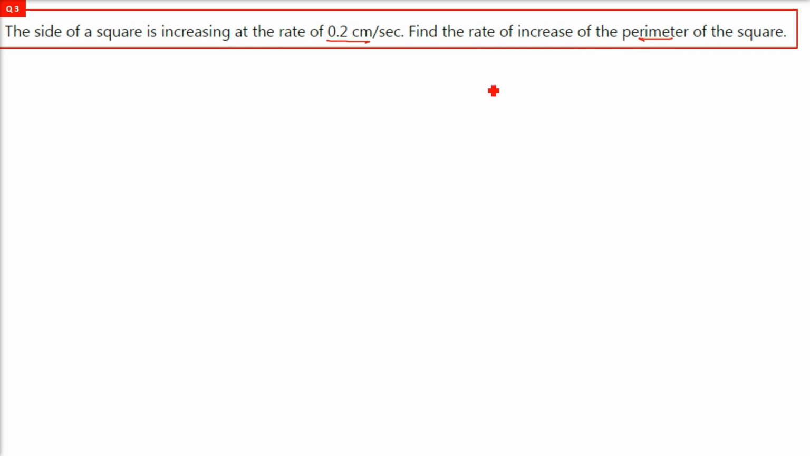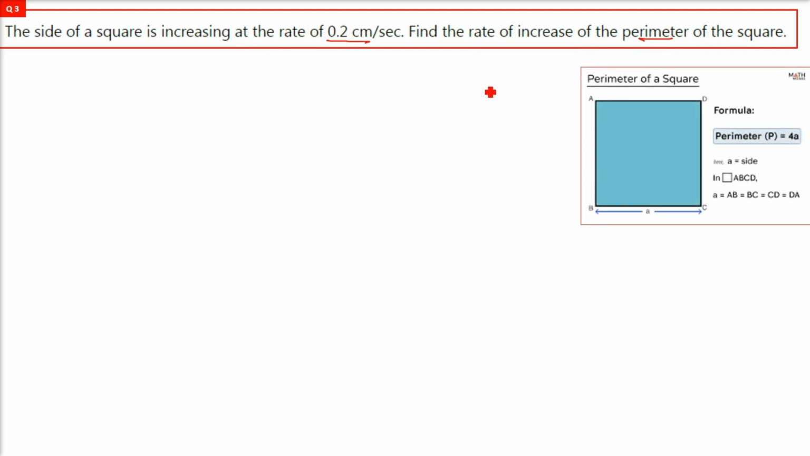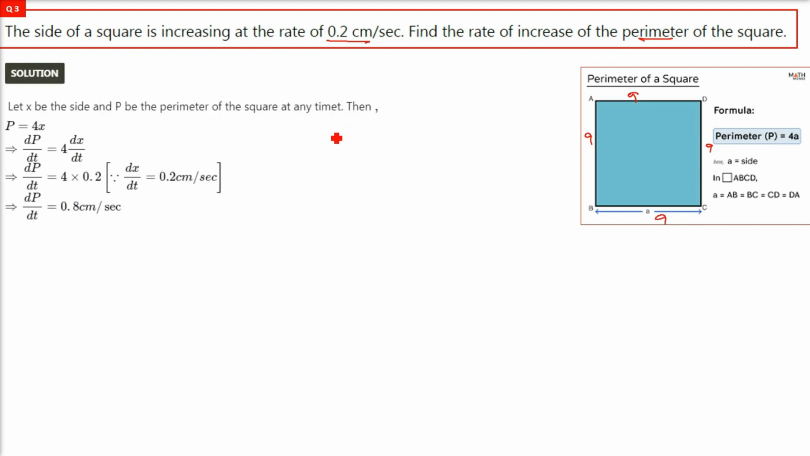Square, all sides equal. Area, we already saw. Perimeter, 4a, 4x. If you take the side of a square as x, then 4a or 4x, because we always take x, so 4a is the perimeter. So you just write perimeter as 4x, and since the rate of increase of the perimeter has to be found out,